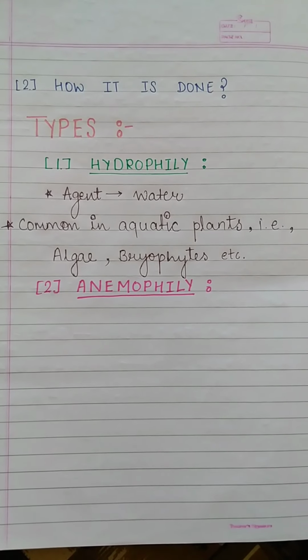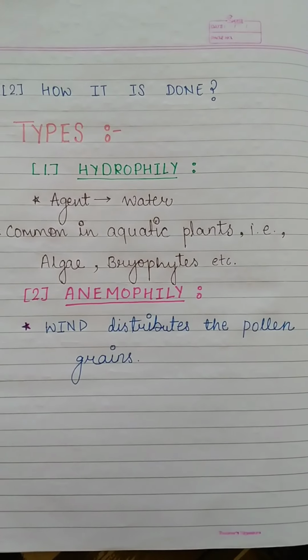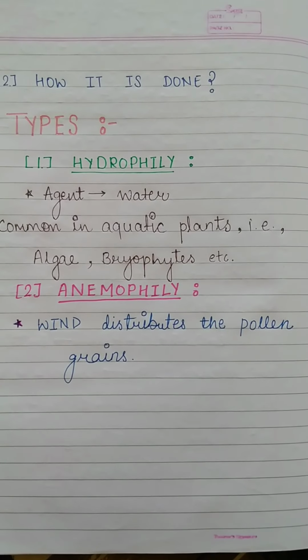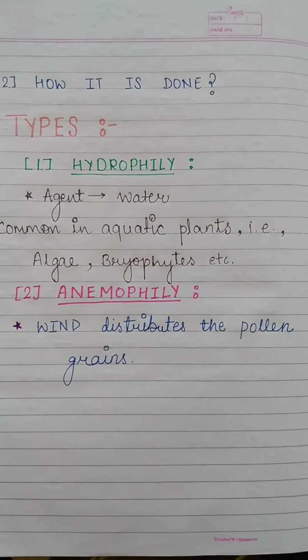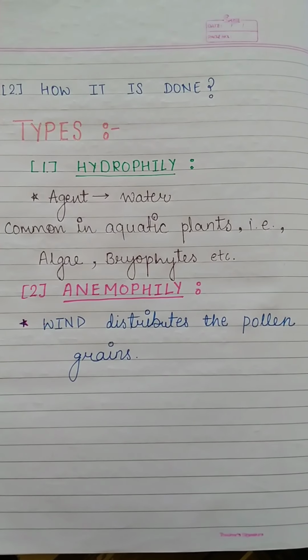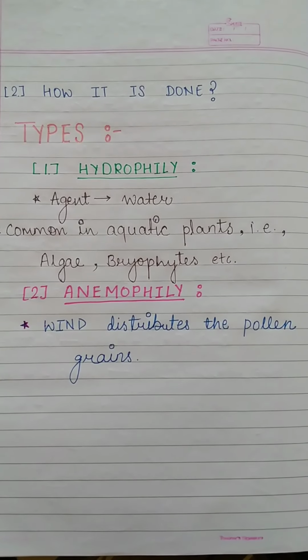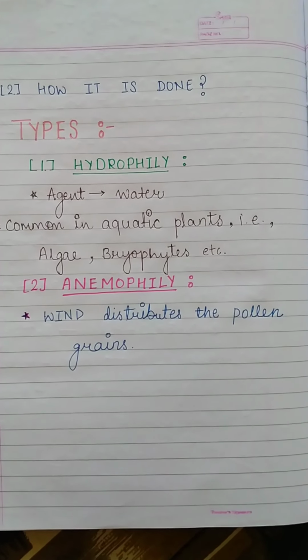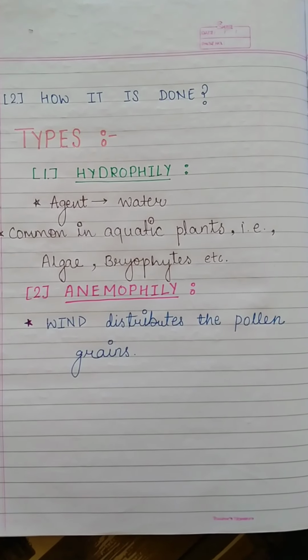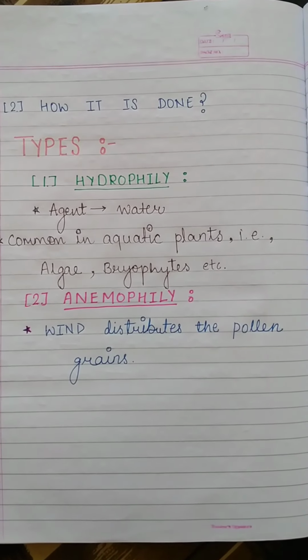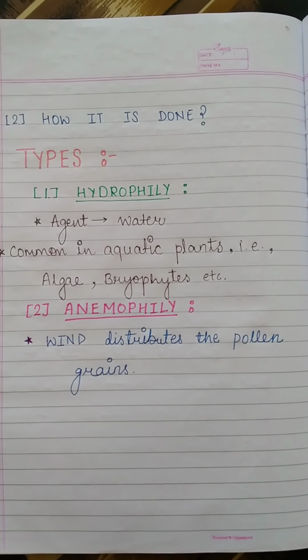Second type is anemophily. In this form of pollination, wind distributes the pollen grain. So the agent of anemophily is wind. In anemophily, the flowers are small, colorless, odorless, nectarless, inconspicuous and arranged as an inflorescence. Pollen grains are small, light in weight, dry, dusty, non-sticky and sometimes even winged, and the stigma are large, sticky,